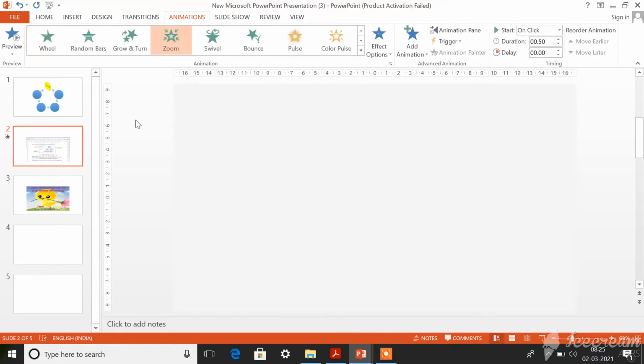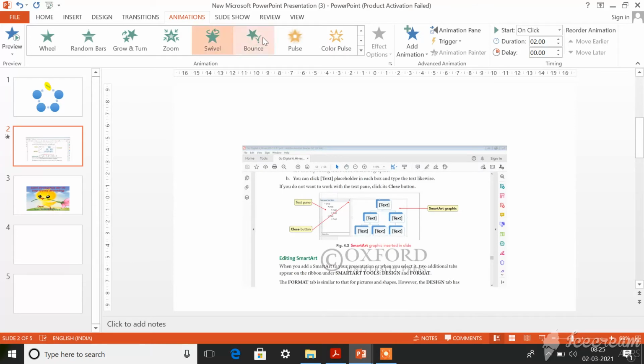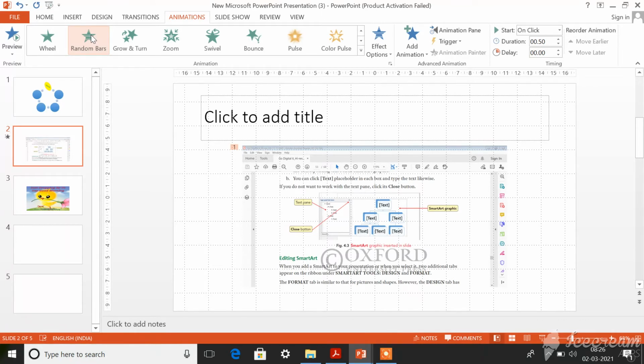You can click on anything. See, when you click this, it will appear like this. These are the different animation options. Once you select it, it will be applied to that particular slide. In a slideshow you could see that animation appearing on the image or text that you select. This is also very easy, just like the transition effect. This will also make your presentation more attractive. Dear children, try this out, it is very easy.